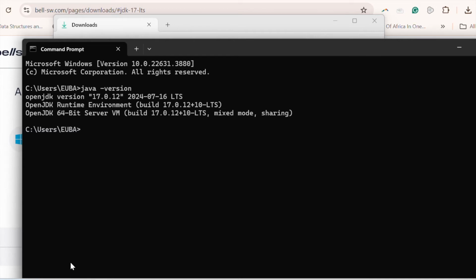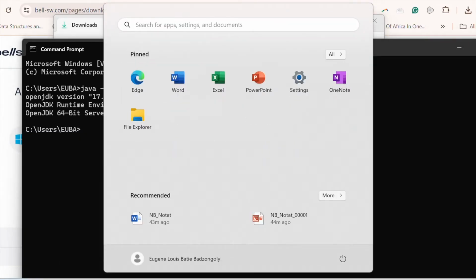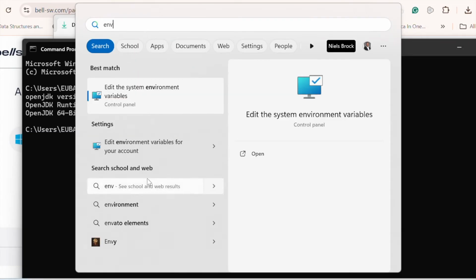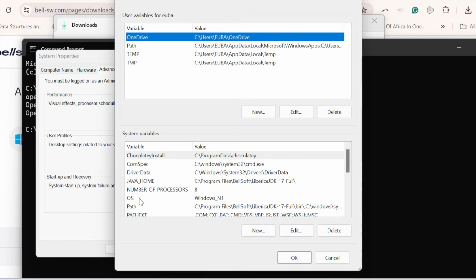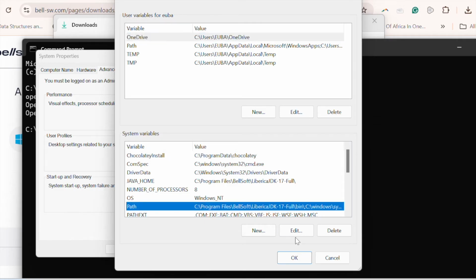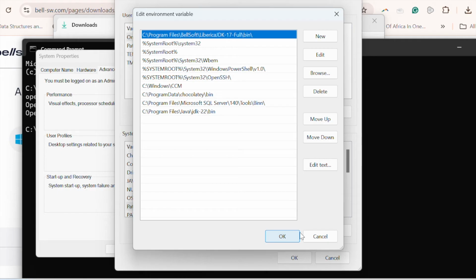How do we do that? Just click on start, type environment variables, and then you look for your environment variable here, you click on it, and then you look for the system variable tab, you come to path, and then you click on edit. So fortunately for us, this has already been included in our path, but if it had not, then we will